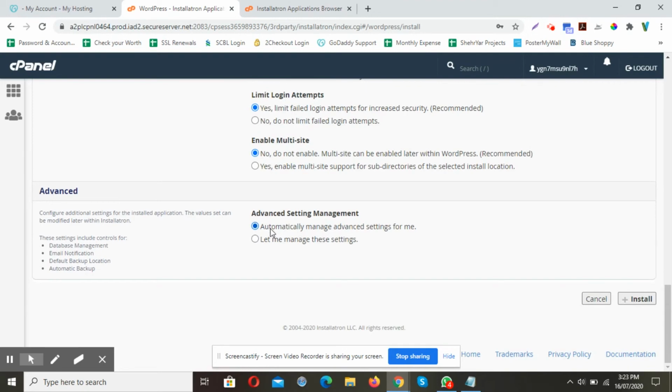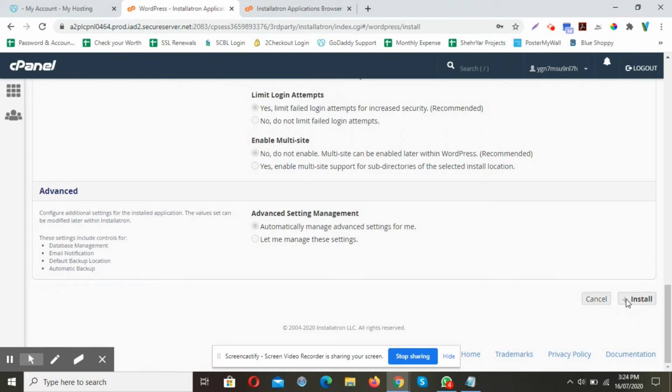I always recommend to let the server handle the advanced settings automatically so that you don't have to do it manually, because these are some technical things where you need to set up database and the username and passwords, etc. So if this automatic option is selected, that means the server is configuring everything within your WordPress on its own, and this is the easiest way to install WordPress or handle the advanced settings.